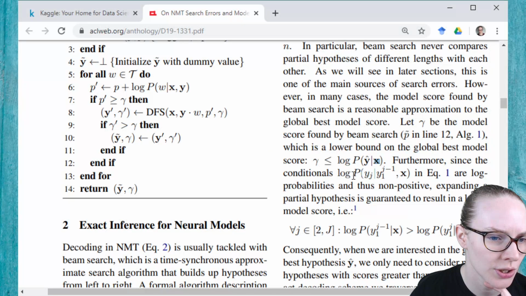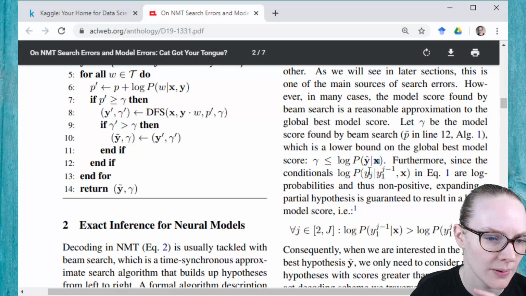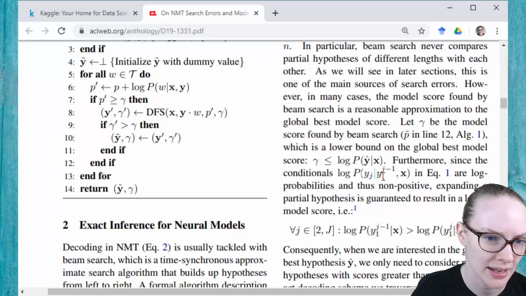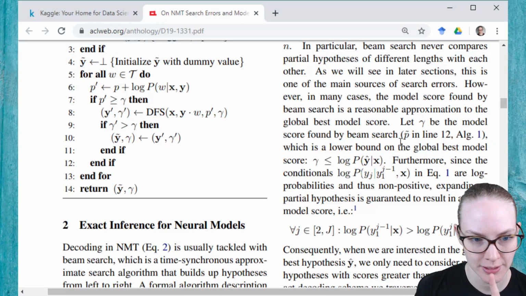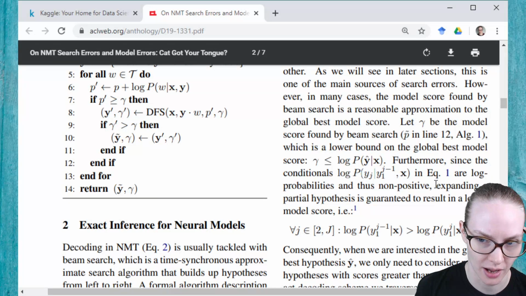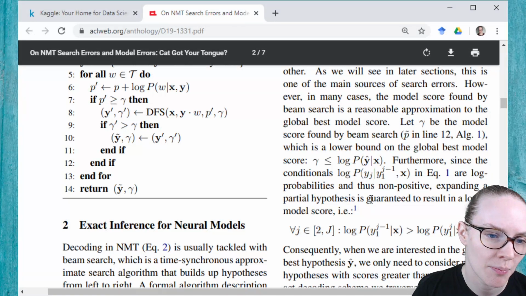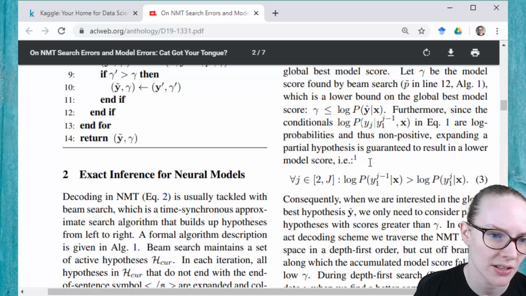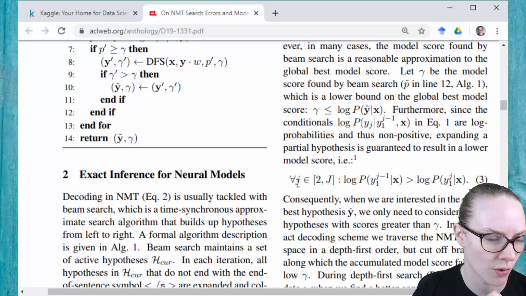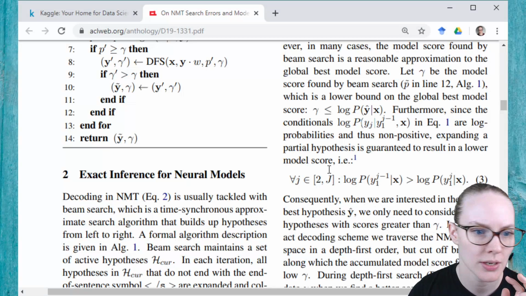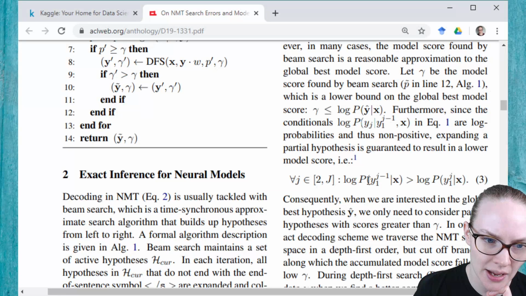The conditional log p of yj given yj minus 1, x, in the equation: the probability of a translation of length j given the translation 1 word shorter and the input sentence are log probabilities and thus non-positive. Expanding a partial hypothesis is guaranteed to result in a lower model score. So for all instances of j between 2 and some upper bound, the log probability of,